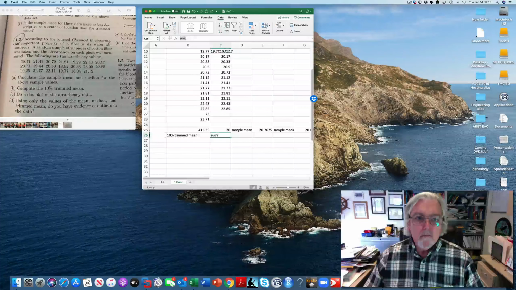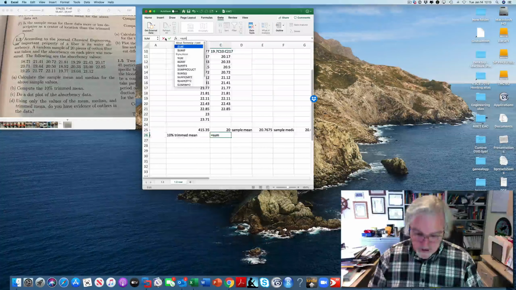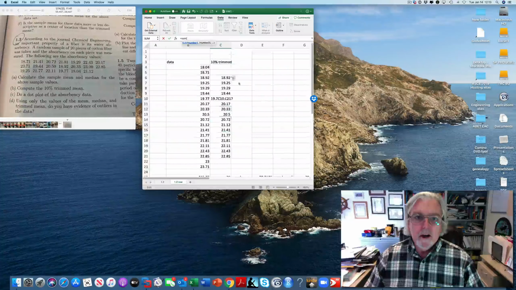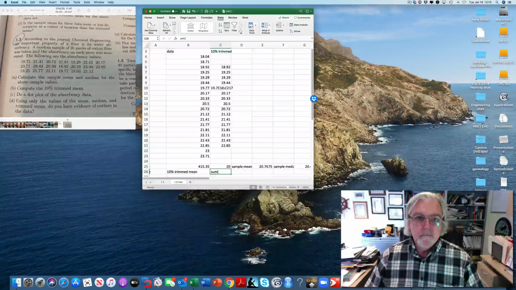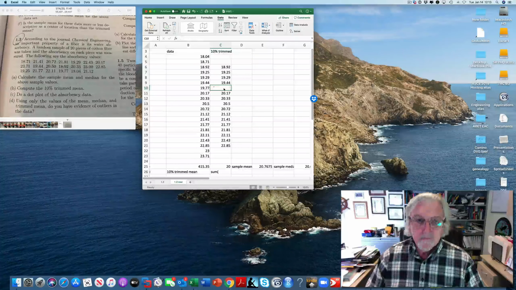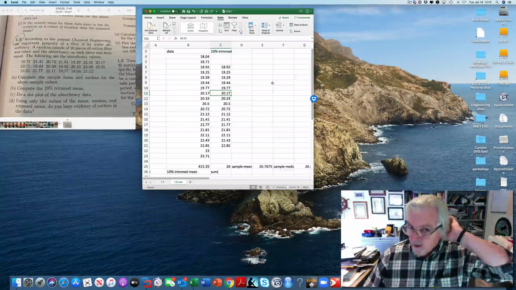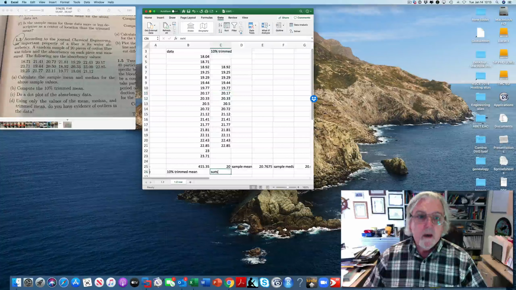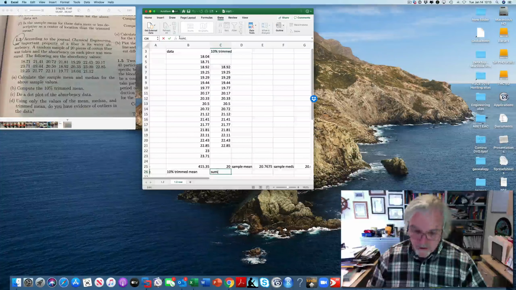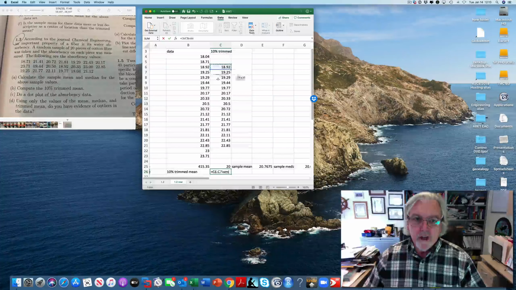Come on, Dave. Forgot the equal sign. It's going to be equal to the sum of the... I've corrupted my data. Okay, you get to see all these things you can do in real time. Okay, so this is going to be equal to the sum of those 16 data points